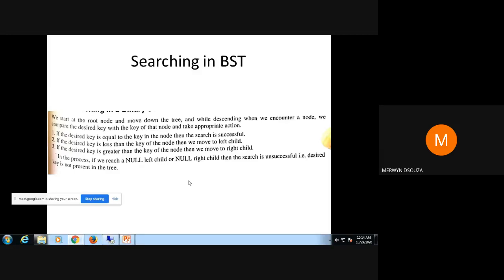If you reach a leaf node and cannot go any further, then you declare that the value you are searching is not present in the tree. You can take a screenshot of this, and I'll explain with an example. I don't remember if I gave you the PDF on this. If I have, the steps will be in that PDF.